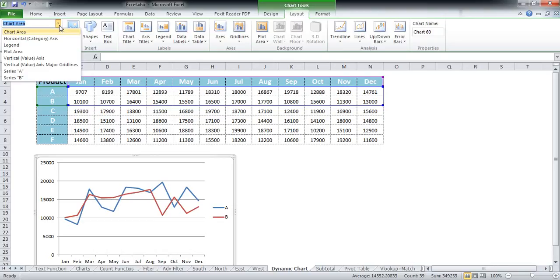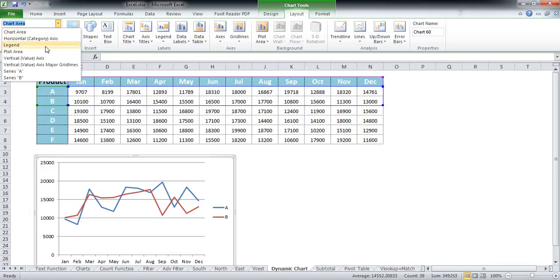Now, all of the other options besides the two series ones, we're going to discuss in the next sessions. But right now, it is worthwhile to understand why we only have two series in this. We have two series because each series represents an individual product of the data which we have built upon. In this case, since we have used only two products, product A and product B, that is the reason it is showing that we only have two series in our chart, that is series A and series B. And it is important to know what would happen if we were to select any of the values over here.